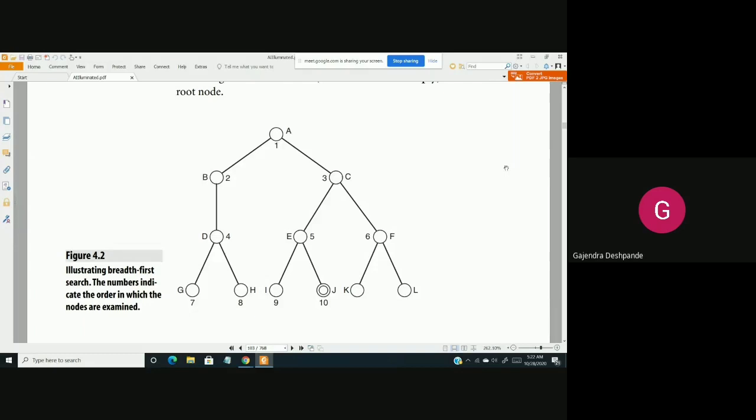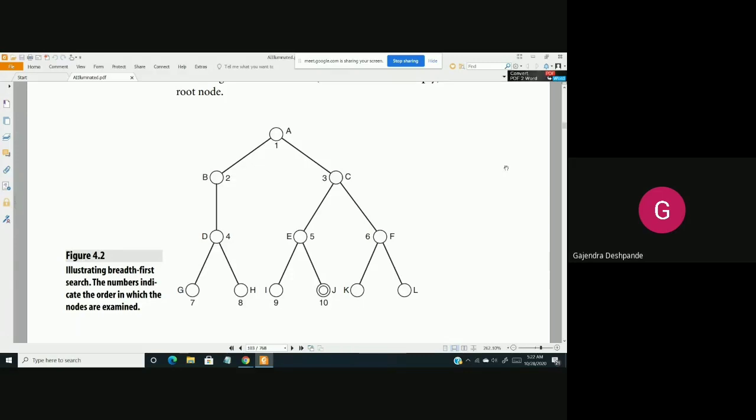That means you will first visit all nodes from left to right in level 0. Then you will go to level 1, and visit all the nodes again from left to right. Then you will go to the next level, and visit all the nodes from left to right. Then you will go to the following level, again visiting all the nodes from left to right. That's why you can also see how they are numbered.